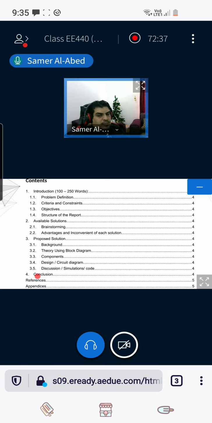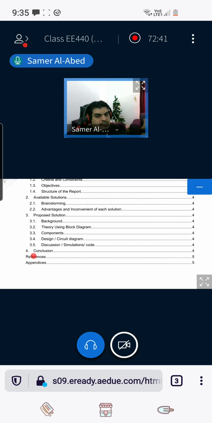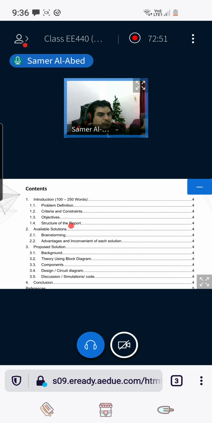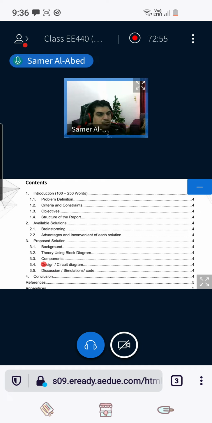In chapter 4, I'm going to conclude my talk, and finally, I'm going to show the references and appendices. So you need to write this in a paragraph. This is called structure of the report. So the structure of the report is actually the table of contents in a paragraph.